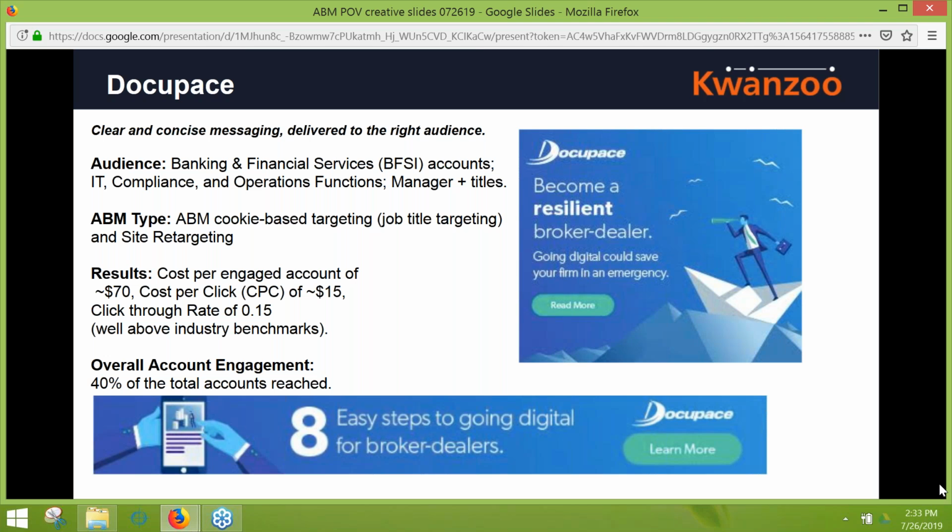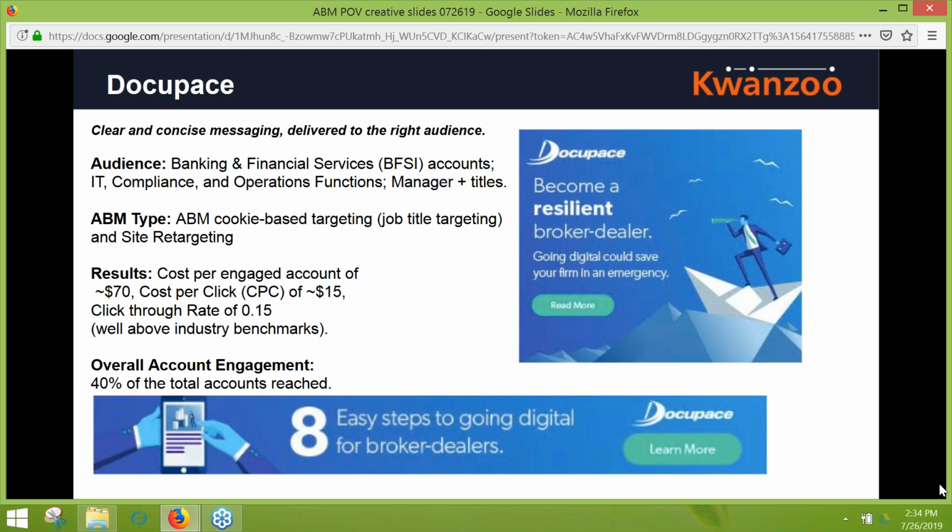They'll just kind of look at the brand, look at your logo, and then go straight to your website. In this case, they might look for doctorpacetechnologies.com and just go directly to the site. So having said that, some key metrics here to note are the cost per engaged account at about $70